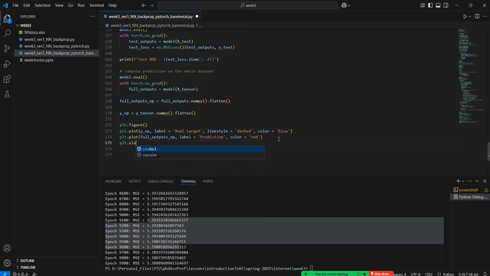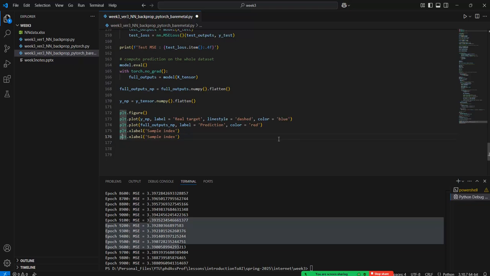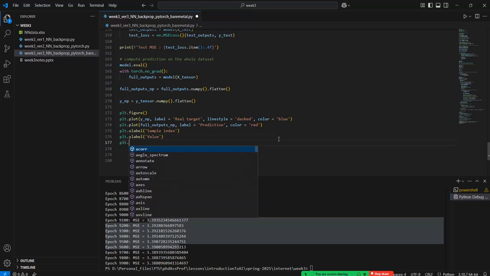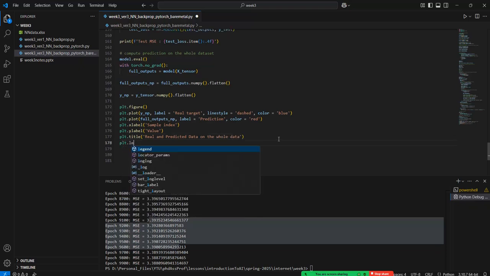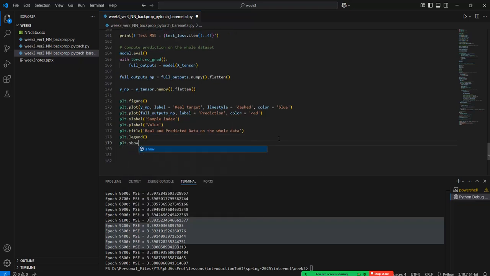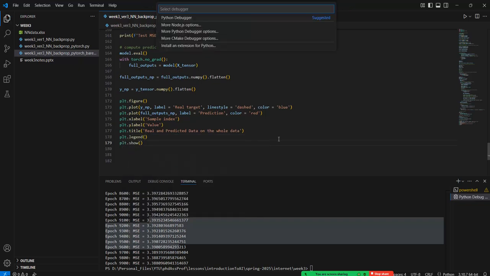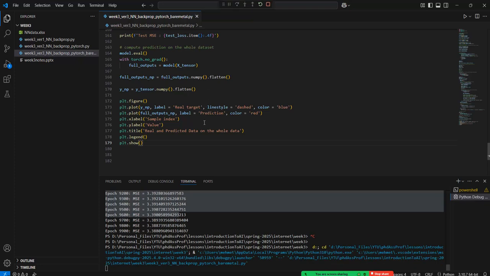So plt.xlabel is assigned to sample index, and plt.ylabel is assigned to the value, and plt.title is real and predicted data on all the data set, and plt.legend and plt.show must be given in here. And so if I run this code, finally